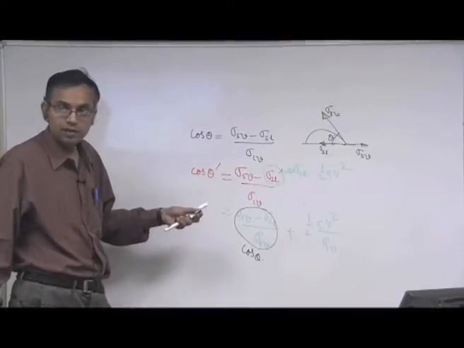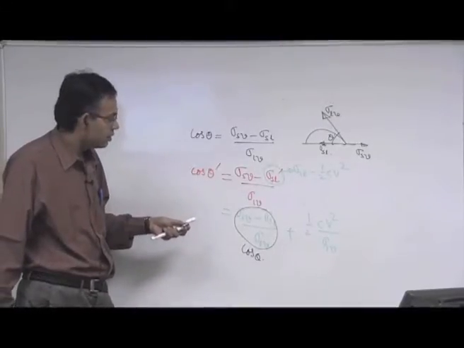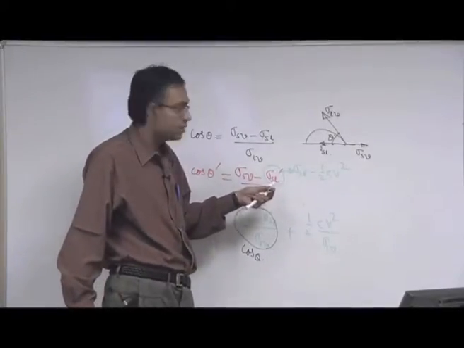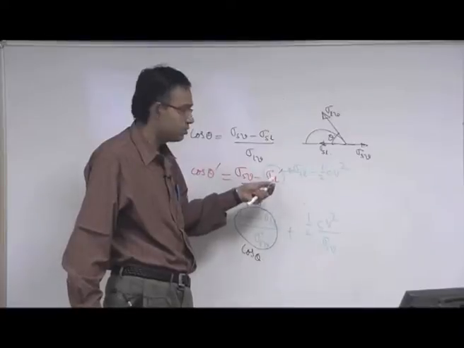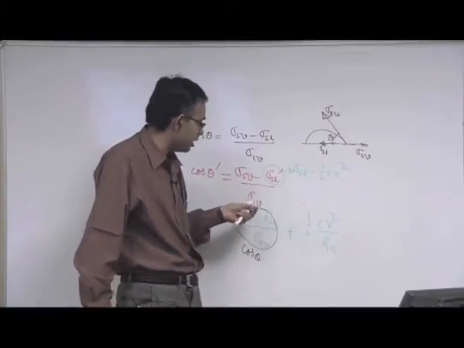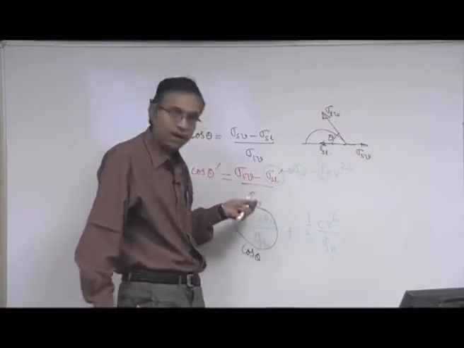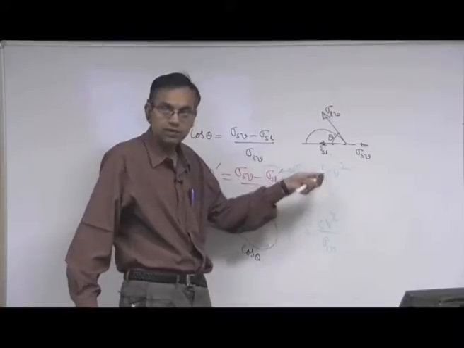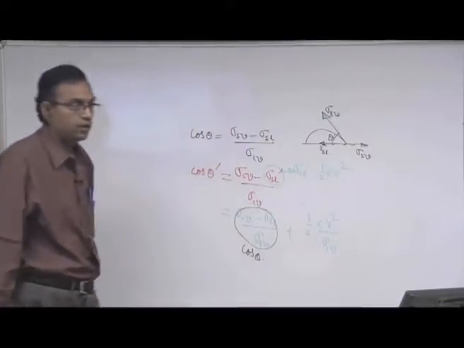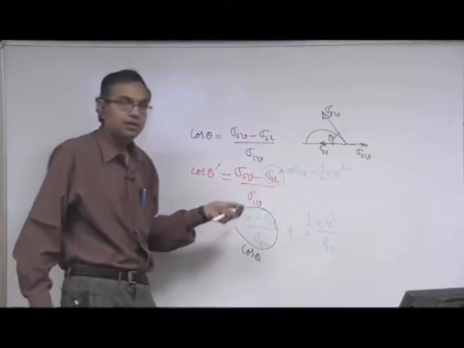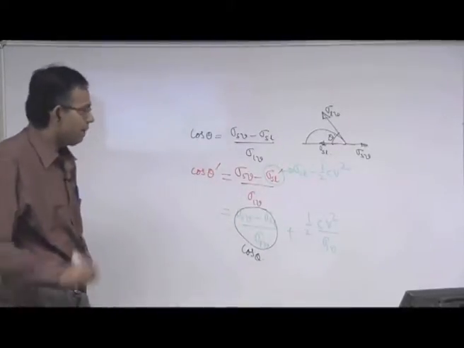Any problem here? Sigma SL dash? No. This has nothing to do with, I mean, sigma LV has come in the denominator because you have divided all the terms by sigma LV, not because there is sigma LV here. Okay. So you can see this is the Young-Lippmann equation basically.